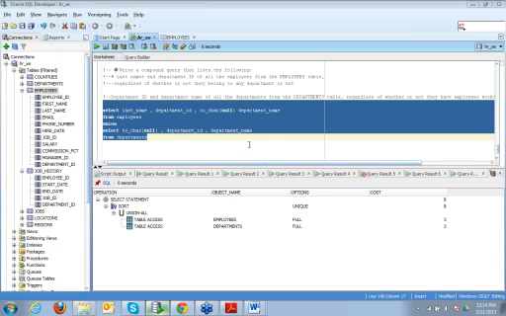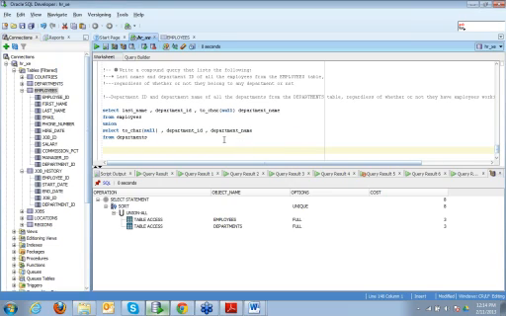And can you do the same query using joins also?